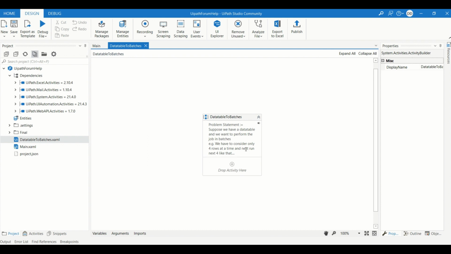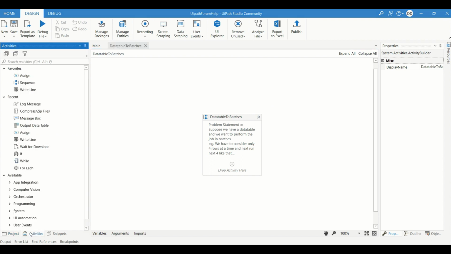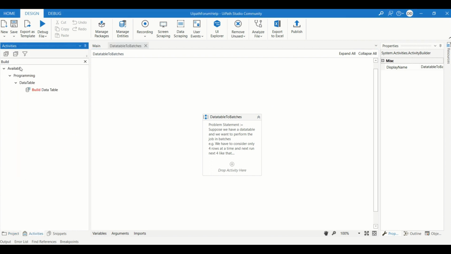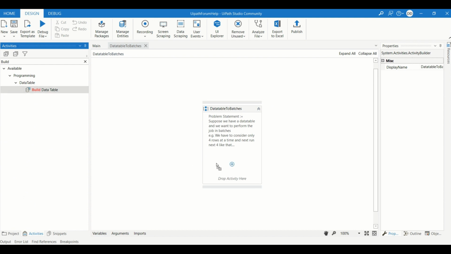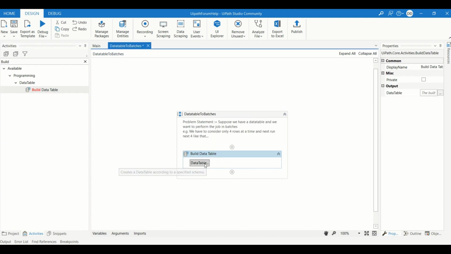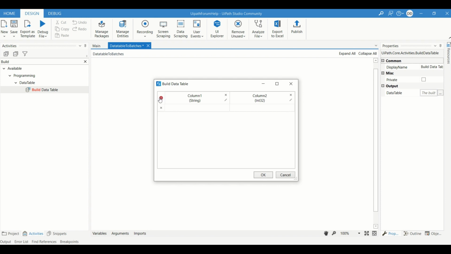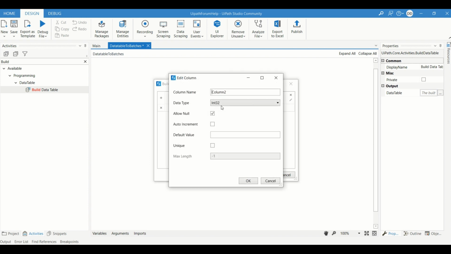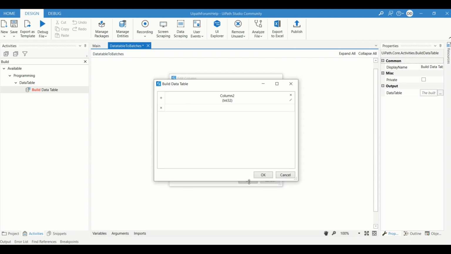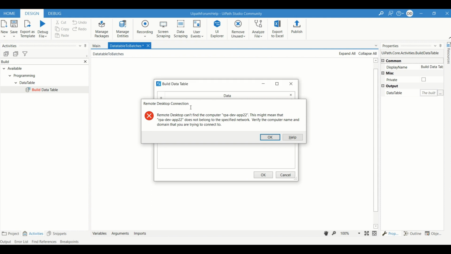Let's come to the solution. First, we will build a data table, just a simple data table to explain the scenario. I'm just taking only one integer column, named in data, and putting some values.